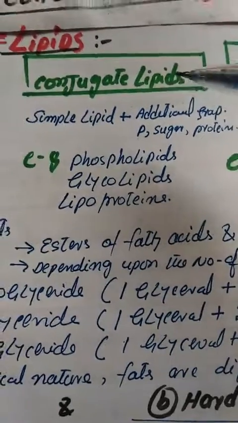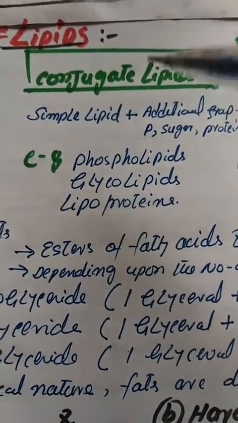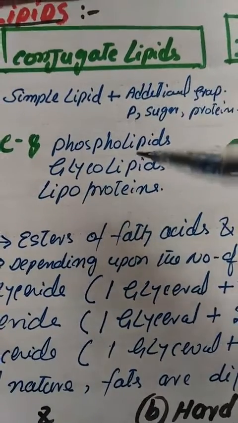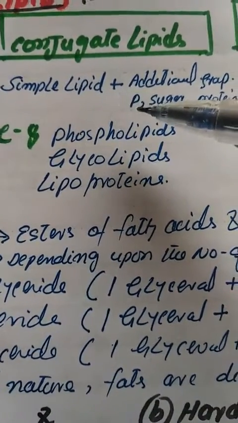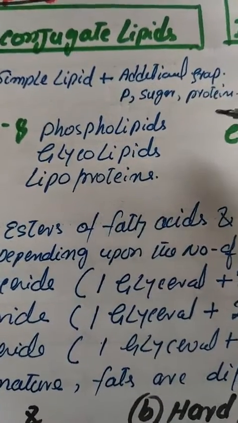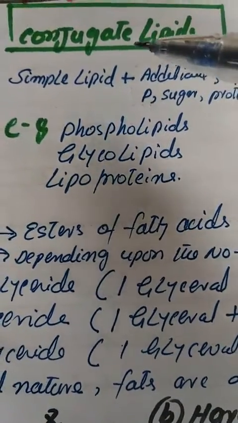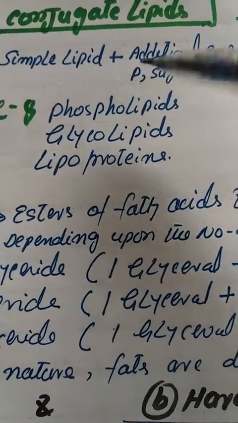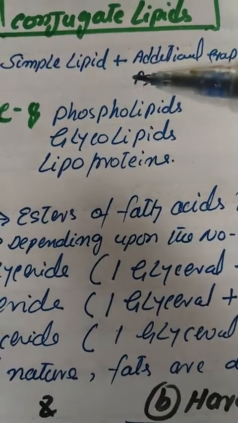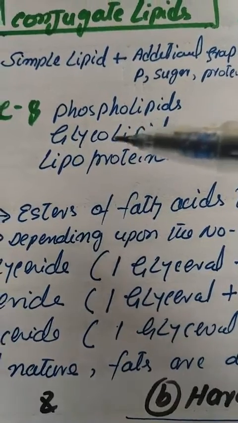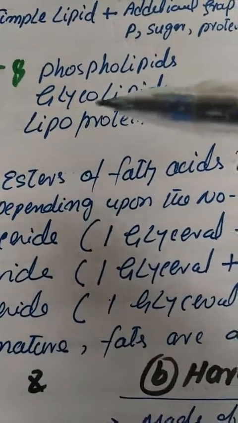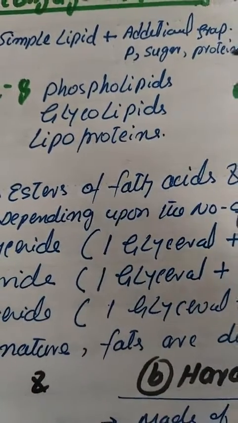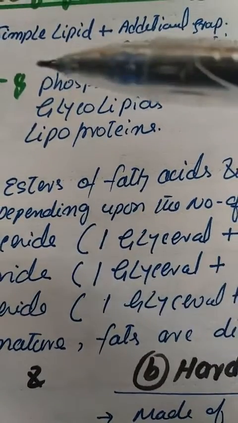These conjugate lipids are actually formed by the combination of a simple lipid with an additional group like phosphorus, sugar, or protein. And accordingly, these conjugate lipids are phospholipids when the additional group is phosphorus. And if the additional group with a simple lipid is a sugar molecule, then they form the glycolipids. Similarly, if the additional group is a protein, then there is the combination of a simple lipid with a protein